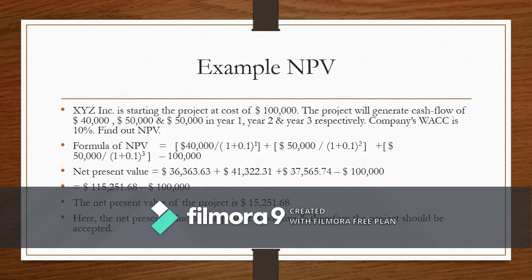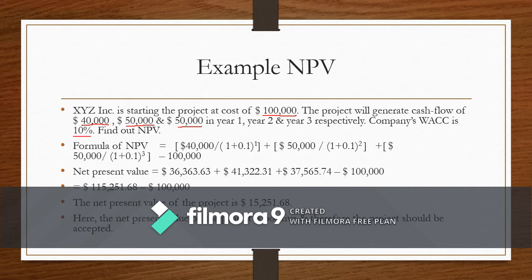The example of net present value. XYZ Incorporation is starting the project at a cost of $100,000. The project will generate cash flow of $40,000, $50,000 and $50,000 in year 1, year 2 and year 3 respectively. Company's WACC is 10%. Find out NPV. From the question, we know that $100,000 is the C0, $40,000 is the C1, $50,000 is the C2, and $50,000 is the C3. And the K should